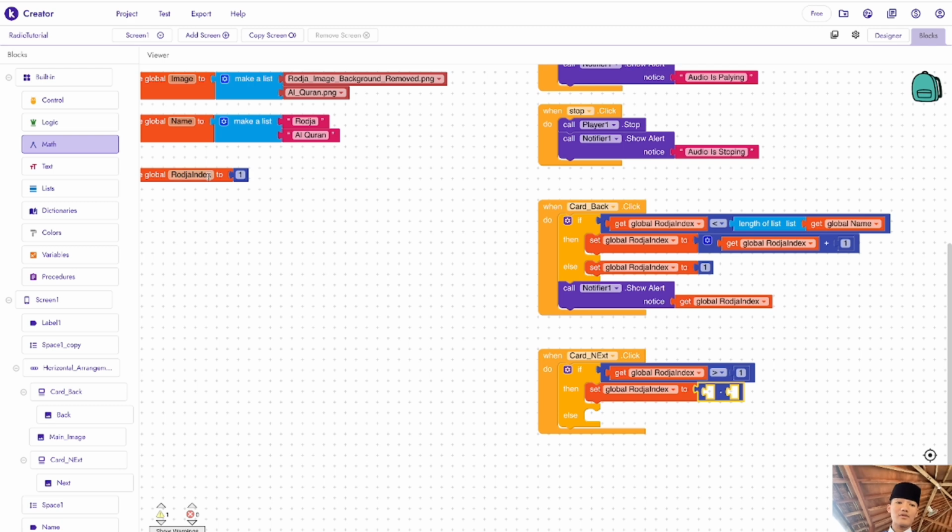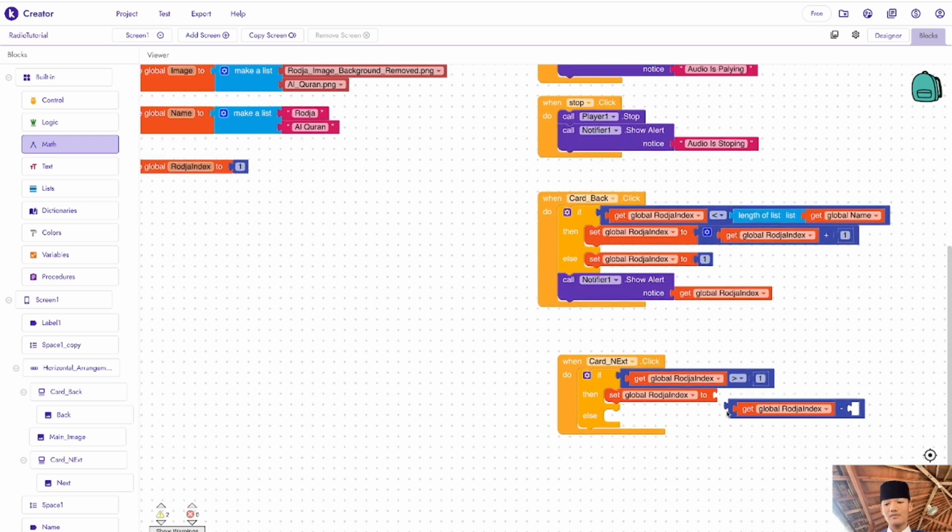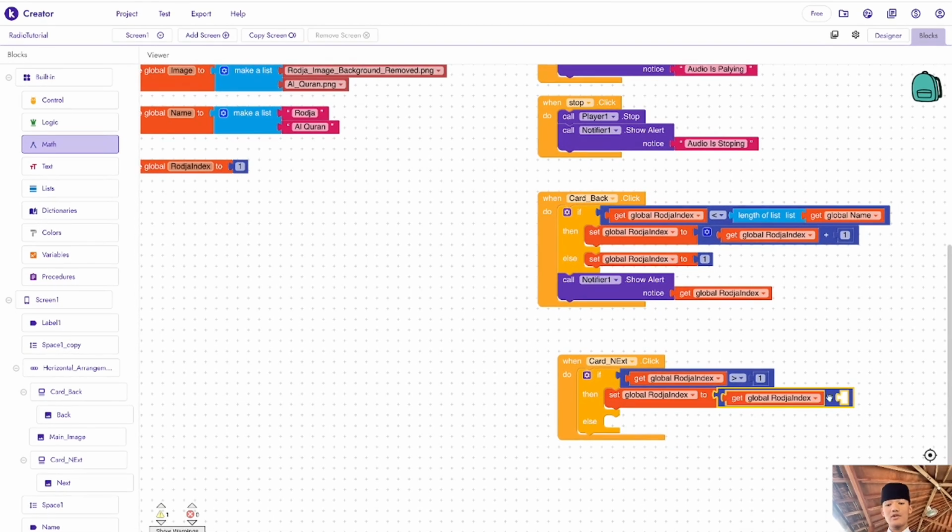So after that we're going to take that global roja index again. Next we're going to minus that with a 1. Then we're going to take this set global roja index.